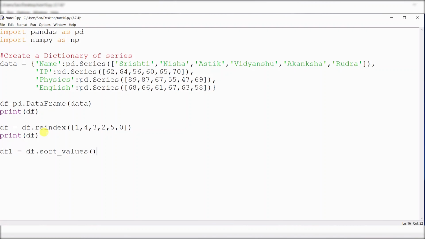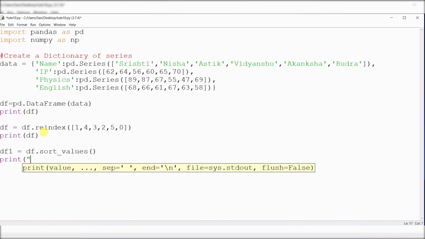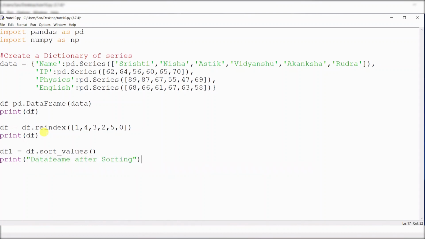Okay, now type here one statement, print "Data frame contents after sorting". Okay, this is your statement, and type here print df1.